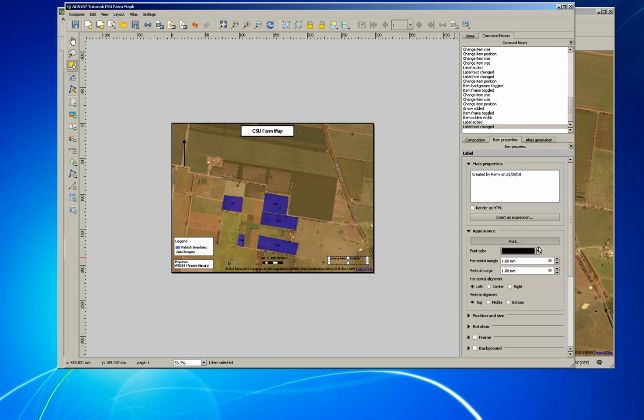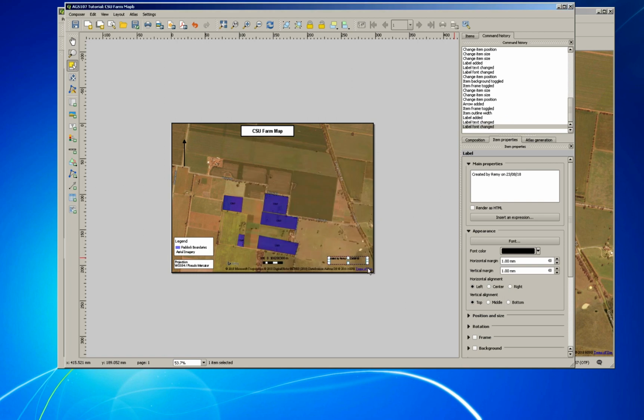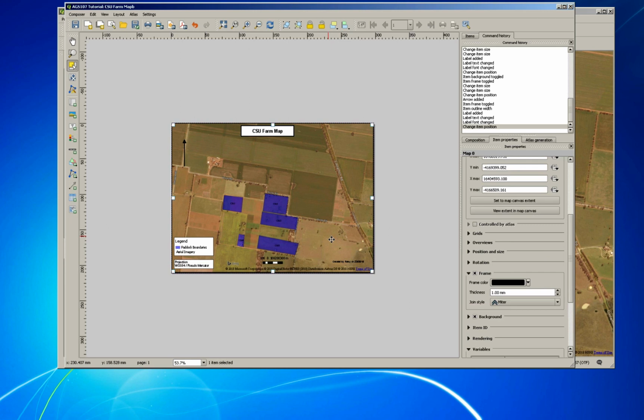I'll keep the font consistent. I'll change that to Arial just so that we're using the same font all the time. This information isn't really that important, so I'll leave it at font 10 and I'll move it down to somewhere that's not very intrusive. So the final stage is actually to try and print our map, and we run into